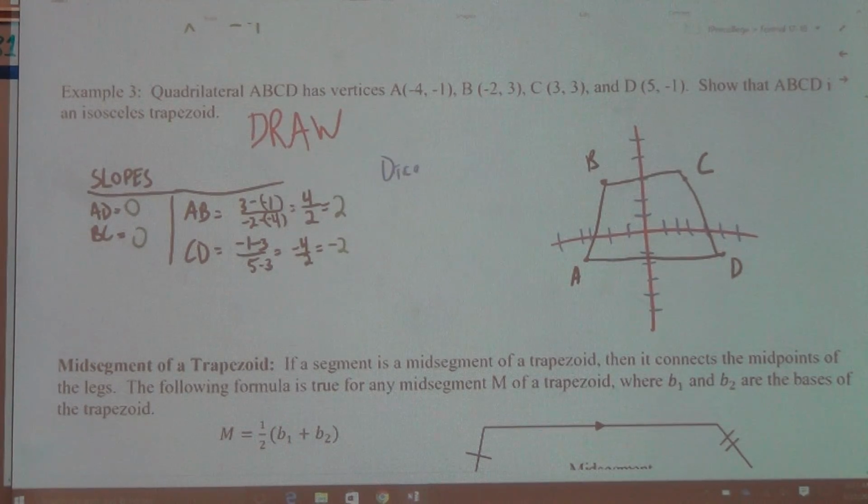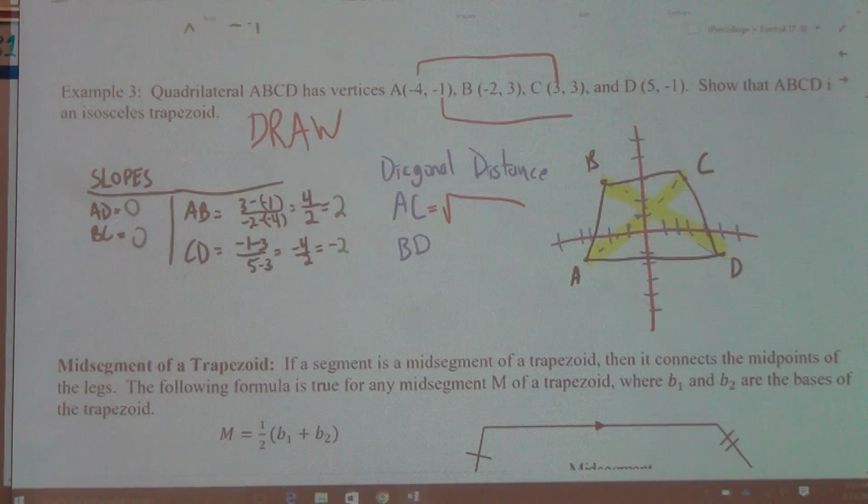Diagonal distance. So our diagonals are going to be AC and BD. Trying to find the distances of those diagonals. And so for AC, it is